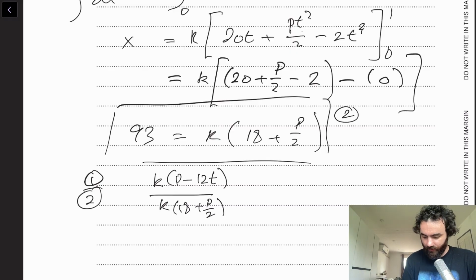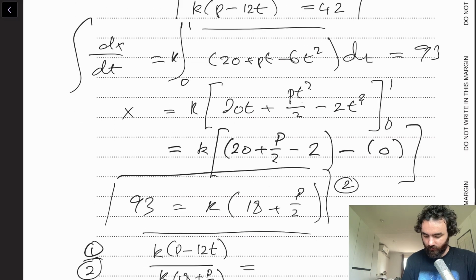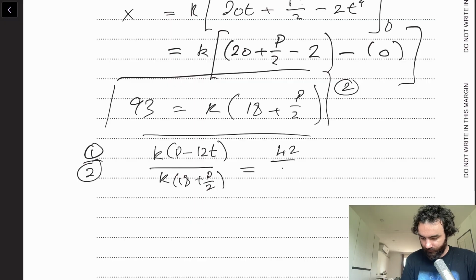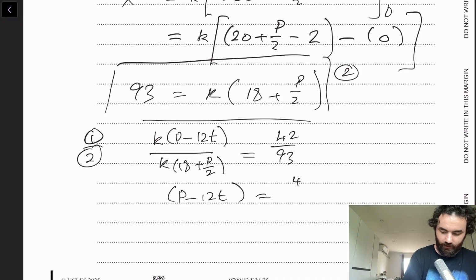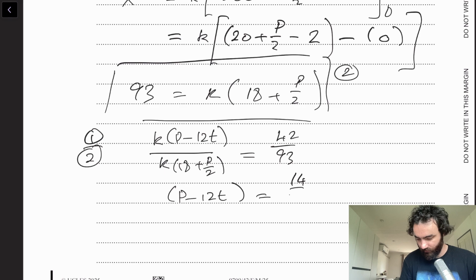So dividing that, we're dividing 42 by 93. So the k's will cancel, and we'll get p minus 12t equals 42 over 93, which is 14 over 31. 14 over 31 times 18